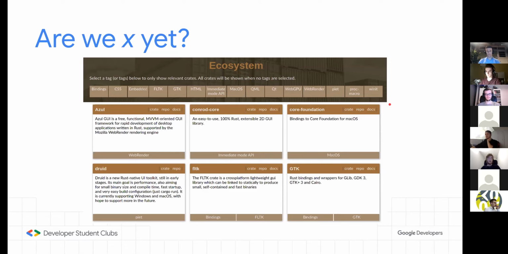There's also Are We Audio Yet, Are We Game Yet. That's not a big one. Game development, game engine related projects. And there are quite a lot of them. Recently, a new game framework has been released, Bevy, and it looks really promising. There are already quite a few people using it to make production quality games. And there's also Are We Learning Yet for machine learning and Are We Quantum Yet for quantum computing, which is really fascinating.